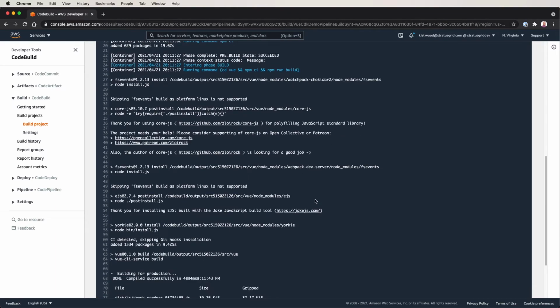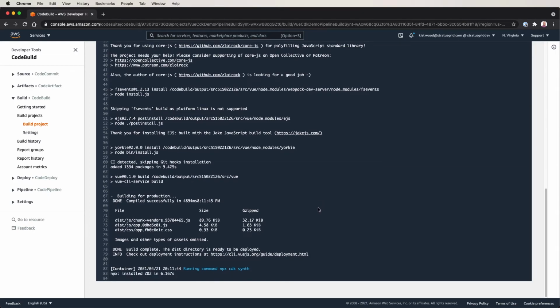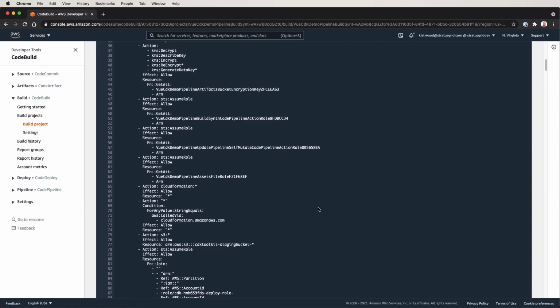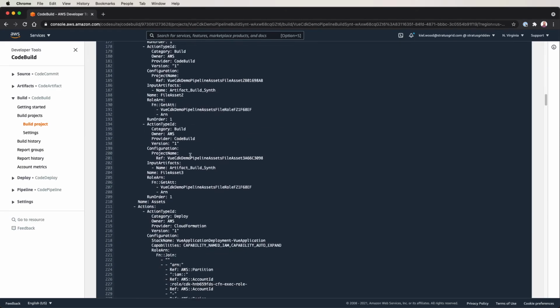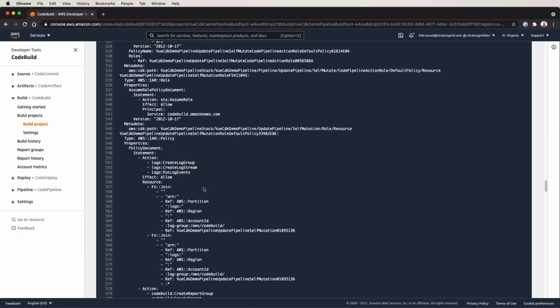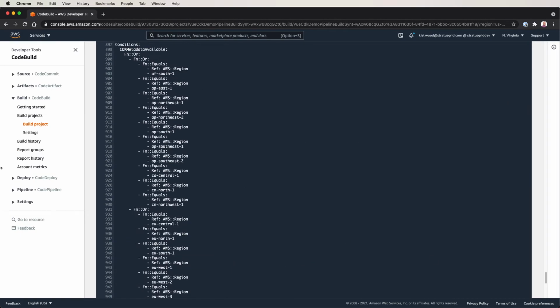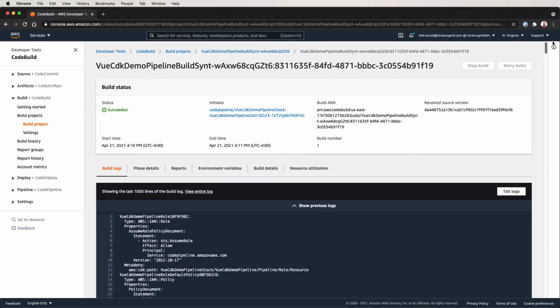And then it's going to synthesize the CDK app to output the CloudFormation templates, which it will store as an artifact for the deployment step. And so you can see now it actually did synthesize. So we have all of our CloudFormation templates. So that looks good. And if we go back,